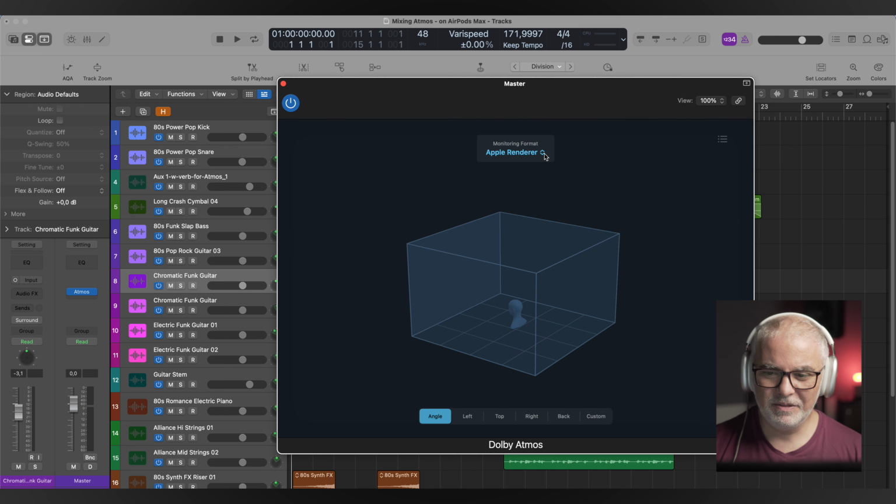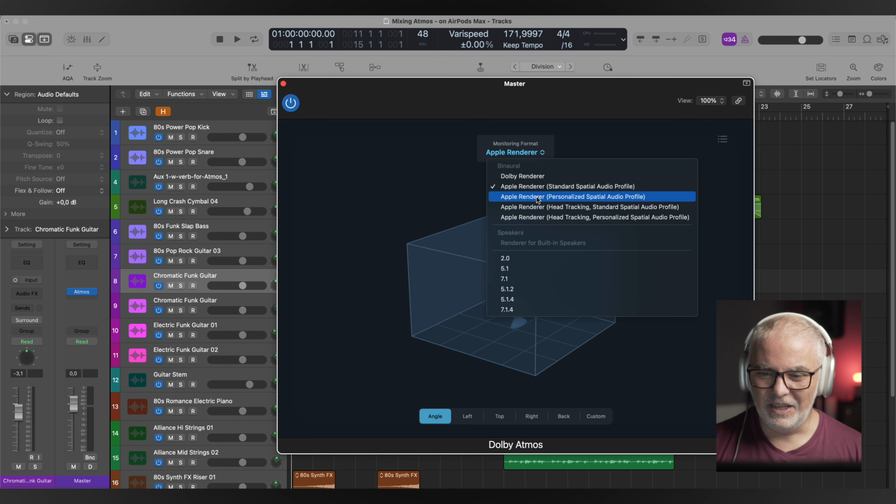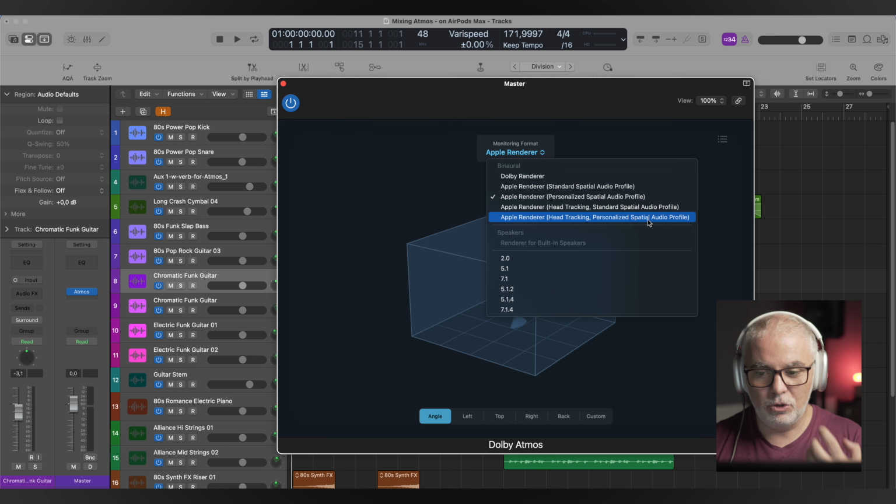Here's our renderer. Here's our Apple renderer with personalized spatial audio. Here's our Apple renderer with head tracking, standard spatial audio profile, and our Apple renderer, head tracking, personalized spatial audio profile. I have set this up, so this is available. So when I choose this, I will be listening to the Apple renderer, spatial audio, with my personalized spatial audio